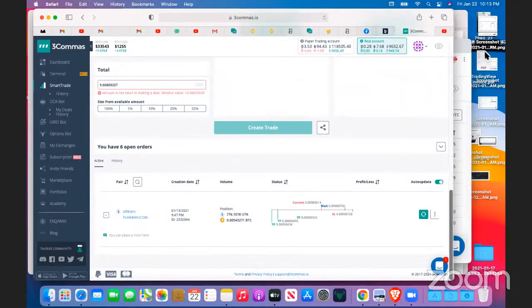You will see now, I have a smart trade open. This coin, UTK. I say you should sell at 700 Satoshi. But if it crosses and gets to 728, buy back. But if you sell at 700 when the market is dropping, you'll be buying back at 525, 455, 434. Okay? If you look at it on my smart trade,